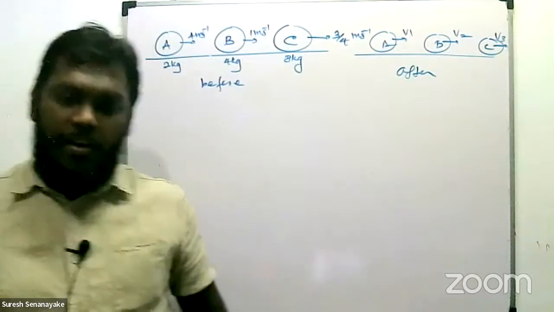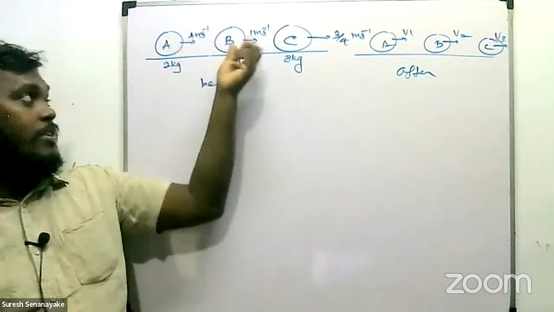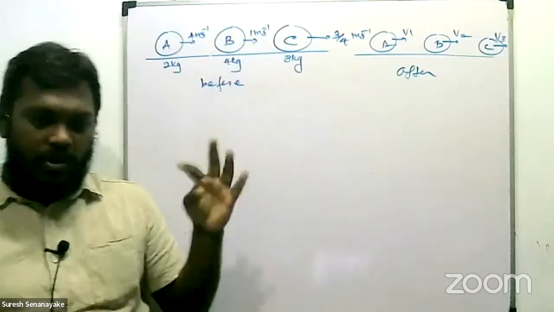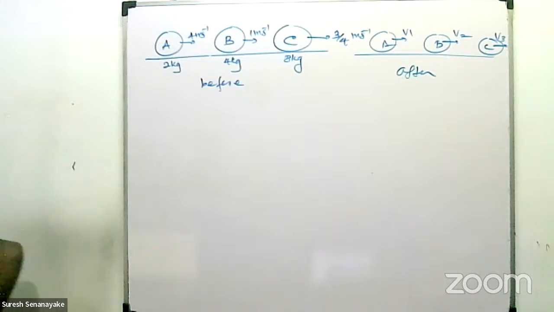You cannot consider this all together. First A collides with B, then what's the velocity of B after this collision, and then B collides with C. You consider these two collisions not at the same time, separately consider the collisions and then write. All are elastic collisions, you can remember that. If elastic collision, you can use the theory we discussed, that the velocity of approach equals the velocity of separation, and clearly you can use that also.